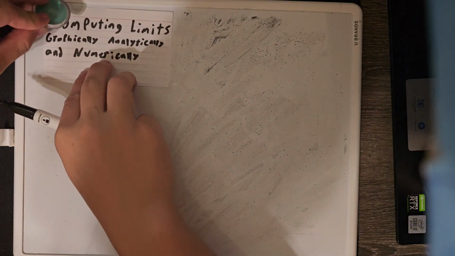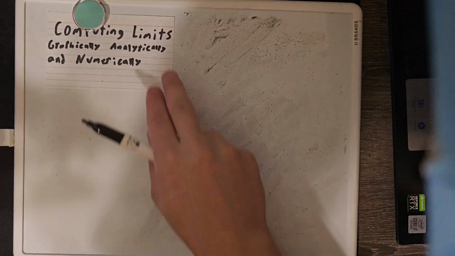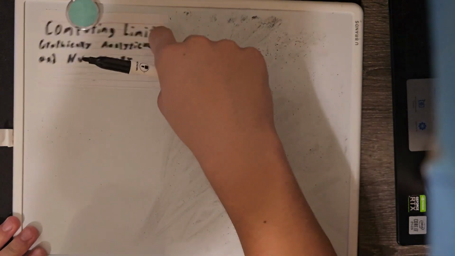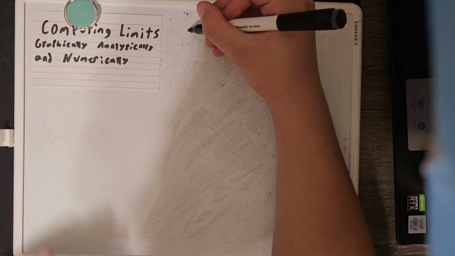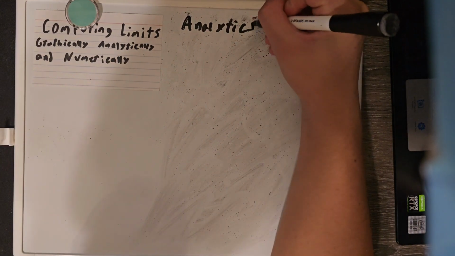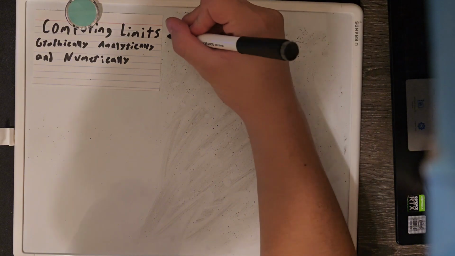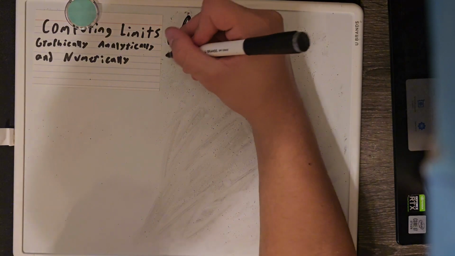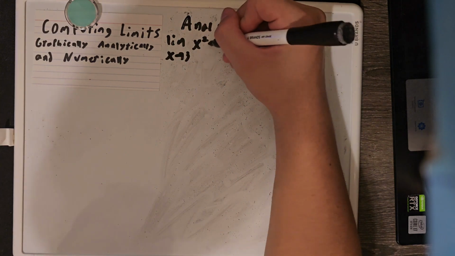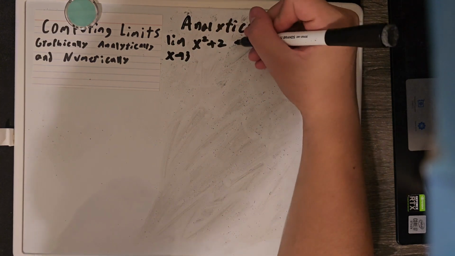All right. Computing limits analytically, graphically, and numerically. So, one way to compute a limit is analytically. If we are given the limit as x approaches 3 of x squared plus 2, this will simply be equal